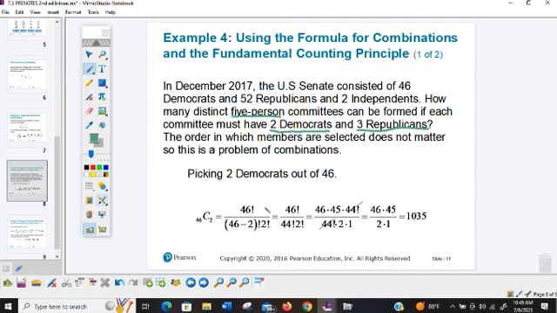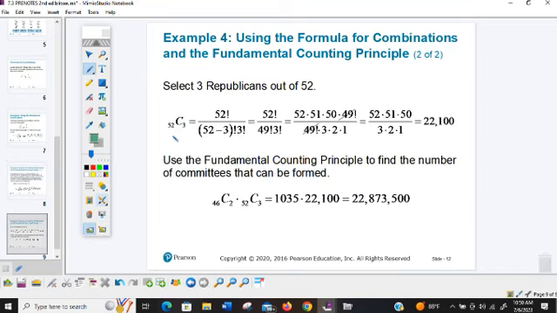So here's how we would do this. You have 46 Democrats and you are picking 2. So you do 46C2, which gives you 1,035. Now let's do Republicans. We had 52 to start with, and we're doing 52C3. It is a combination because order didn't matter. We're just making a committee, okay? So when you do the formula for 52C3, you end up with